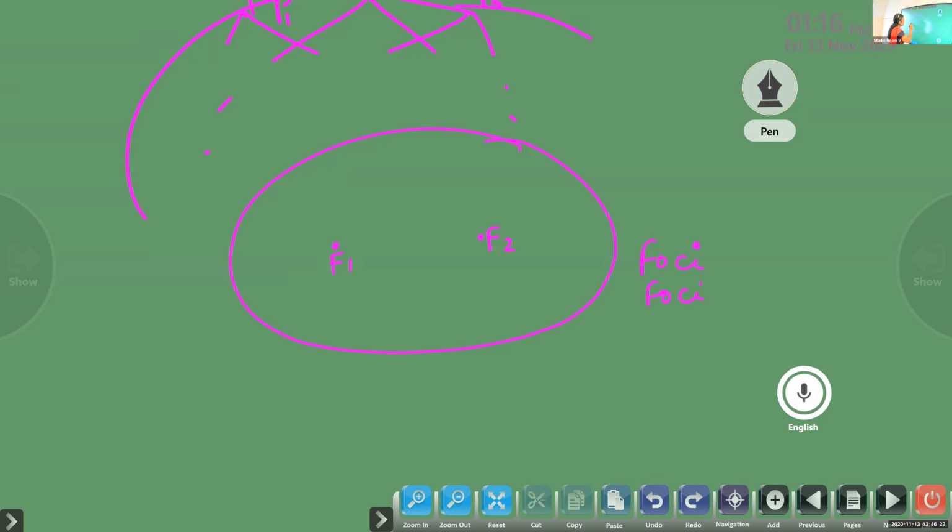So, we can extend this line. Join these two points and extend it. Now find the midpoint of F1, F2. That will give the center. The midpoint of F1, F2 will give the center, and that center we denote as